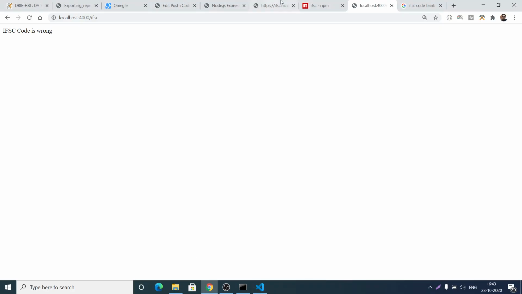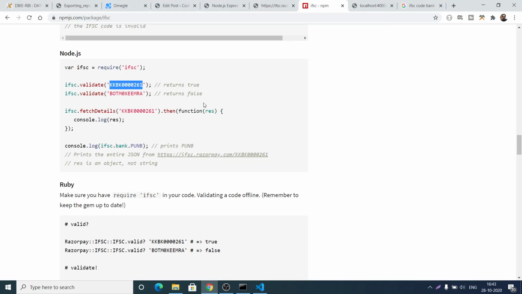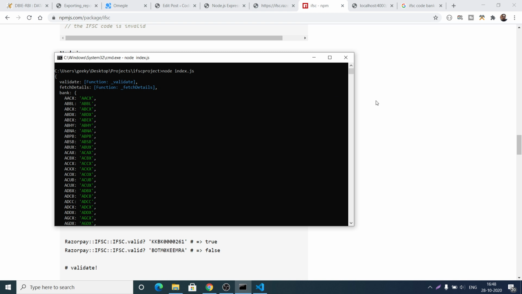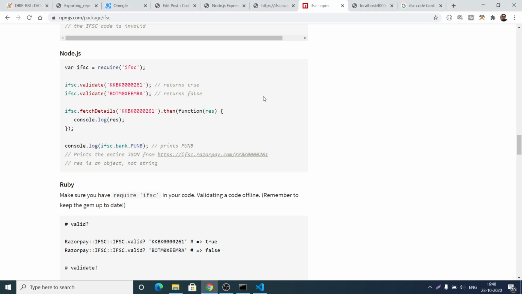So it has got all the information. So now you can see that this IFSC code is correct. This contains a method here which is called fetch details. So now you simply need to use this method in order to get the details of the bank.